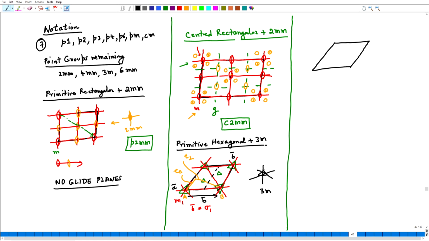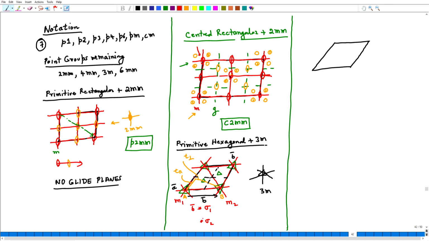Similarly, there will be a glide plane in this fashion. And then if you take, let us say, mirror M2, so doing the operation sigma 2